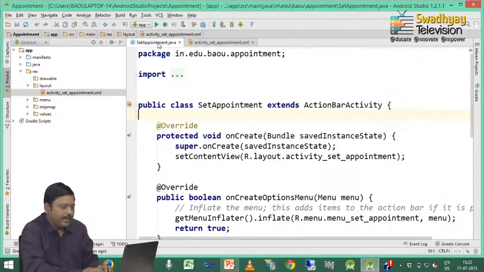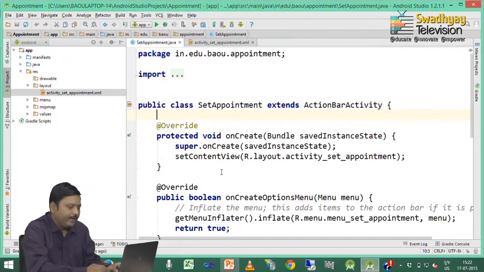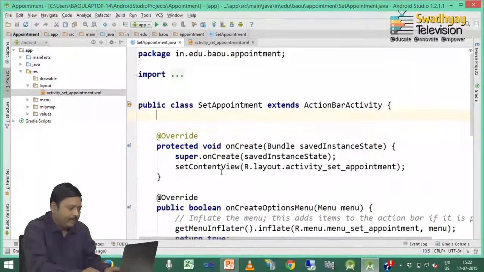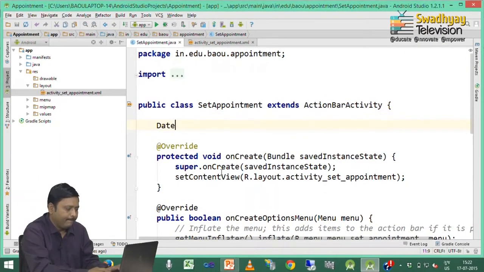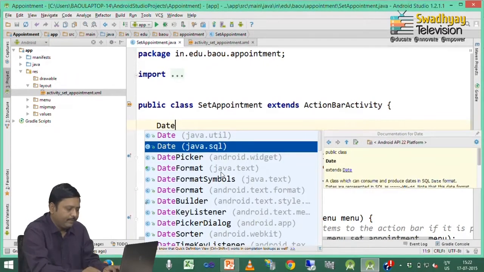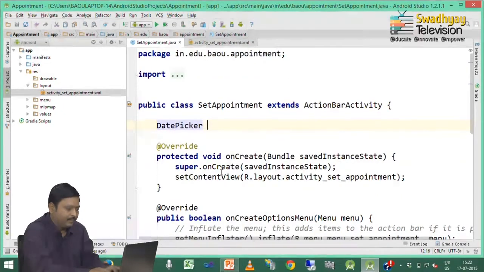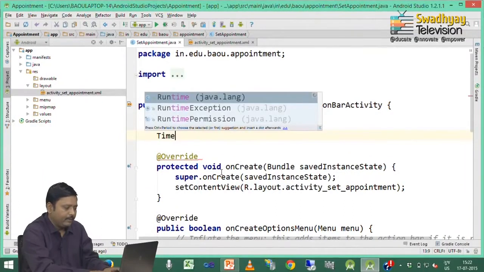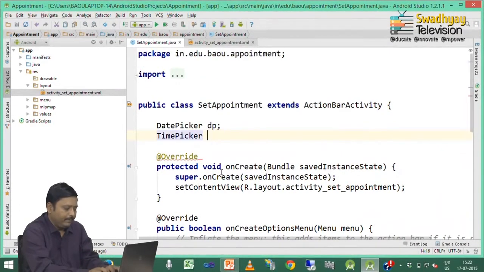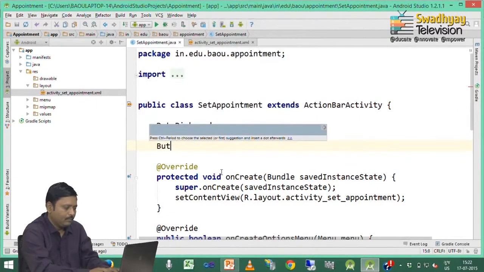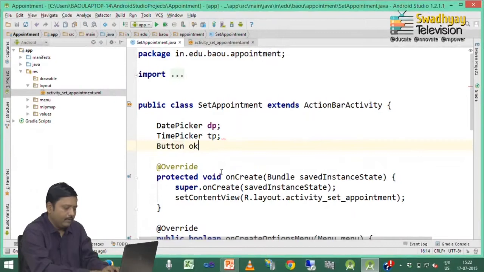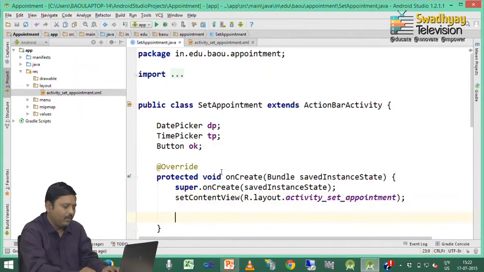So, now I go to set appointment.java file, declare date picker and time picker here. By pressing control space bar you can always get help. So, date picker dp, I declare one time picker tp and one button OK.